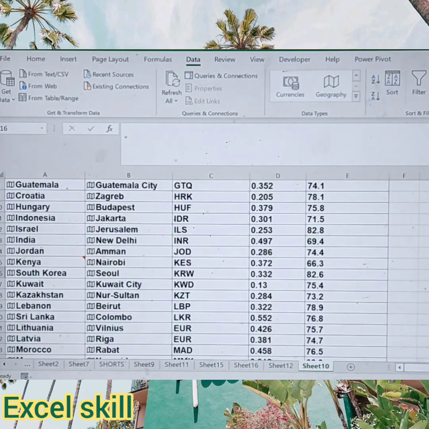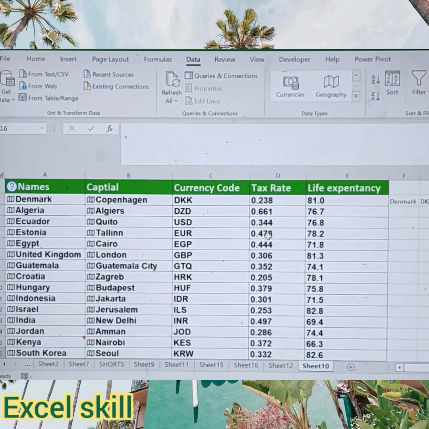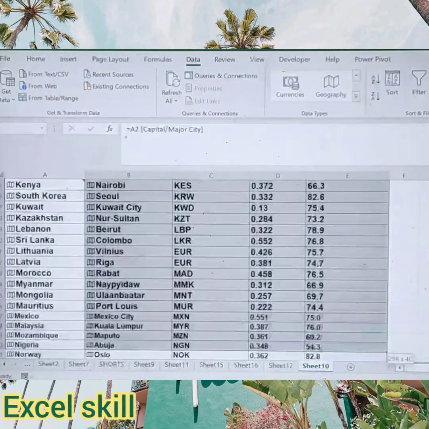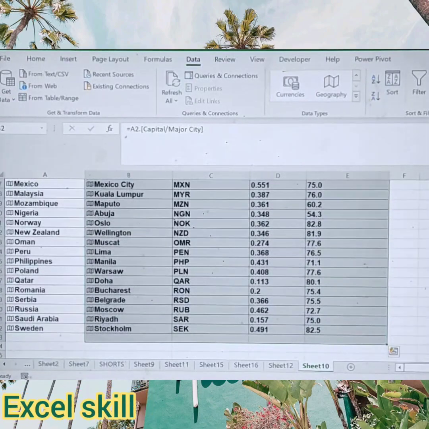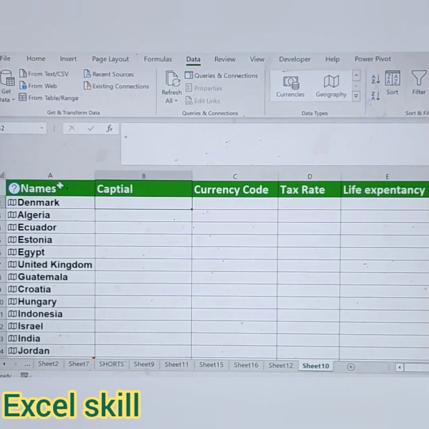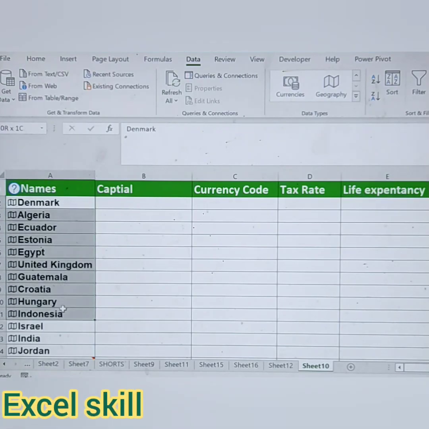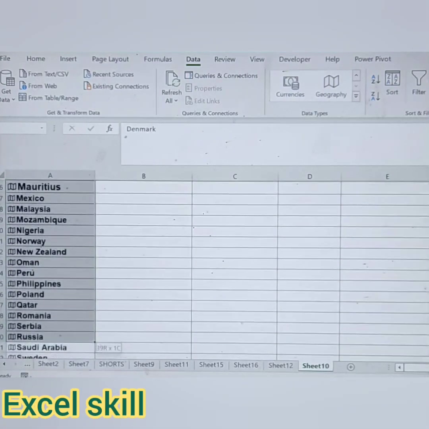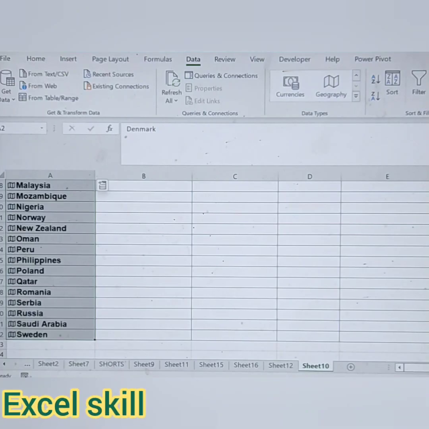Like this you can get n number of data fields, and I'll just delete it all and redo it for your purpose. Now I have chosen the capital, currency code, tax rate, and life expectancy of each country. So now I will select all the countries and give the